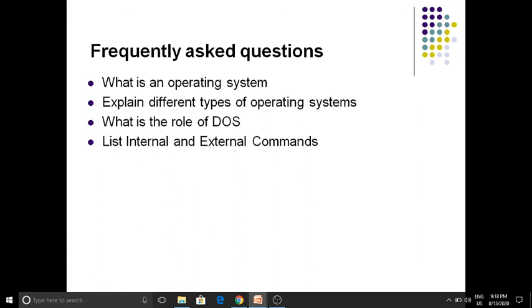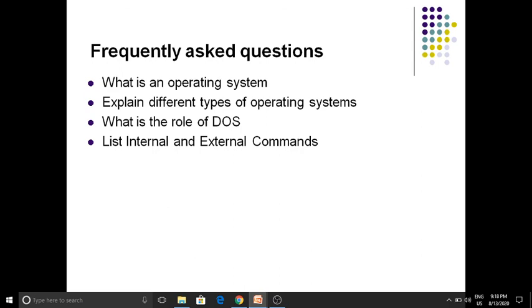Second question, explain different types of operating systems, which we have already discussed in today's class. What is the role of DOS? List internal and external commands. Okay, students, these are the four questions that have been frequently asked in previous end semester examinations.